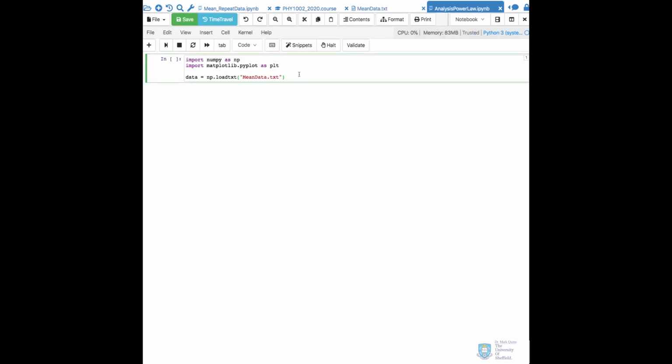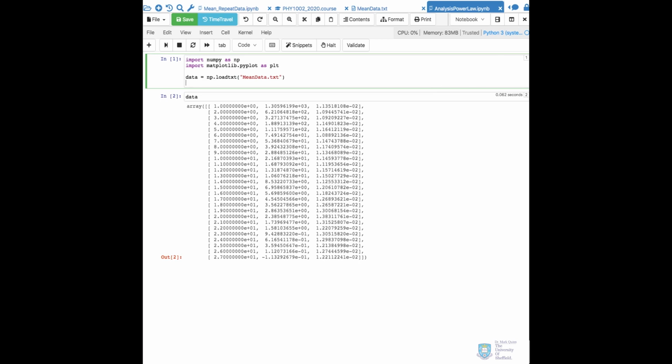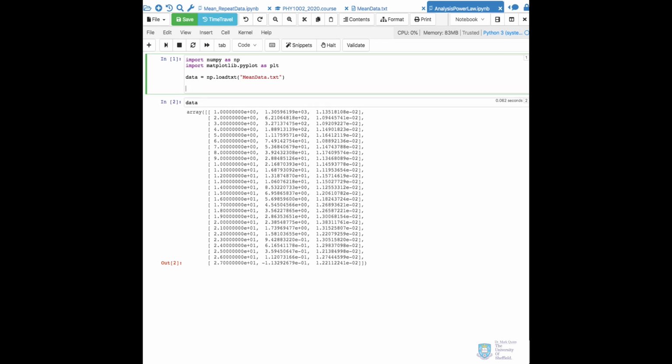And let's see if this works. Great. So again, I'm going to make a little diagnostic cell here so I can test out what's happening at each point in the program. And the data looks good. I've got 3 columns, and the next thing I want to do is separate the data out. I can do this one of 2 ways. I can import it all into a variable called data,